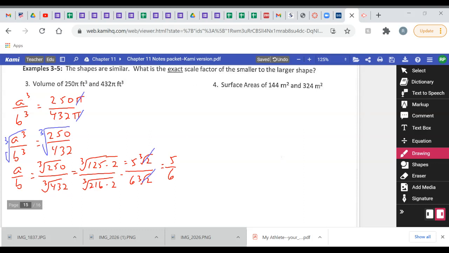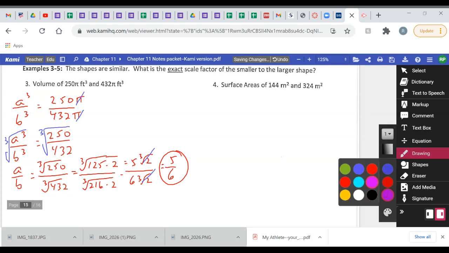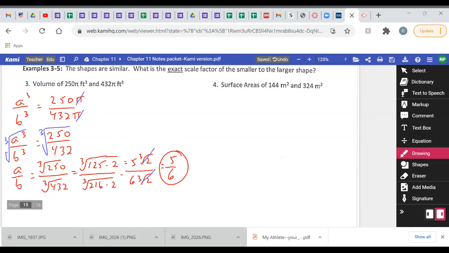And so the scale factor is 6. That is my answer. I did want to show you a shorter way to do this as well. I didn't think of a shorter way until I was already writing the longer way. But another option of how to solve this would be just like up here. Ooh, I lost it again. Just like up here, if I get A over B, if I keep it as this big cube root here,